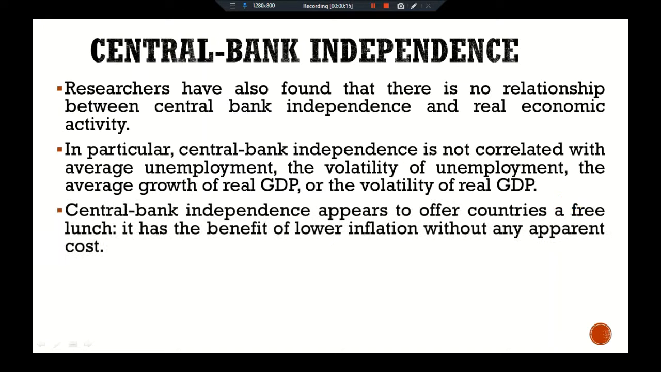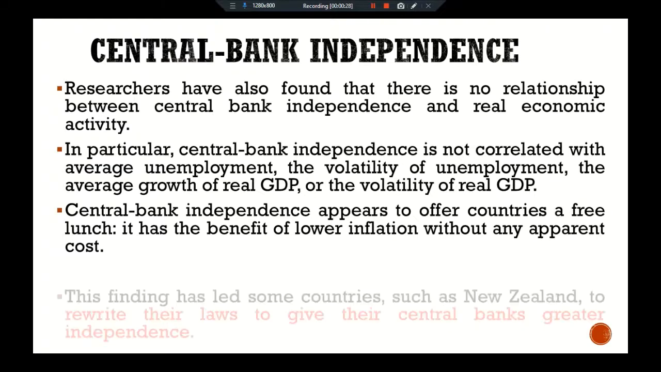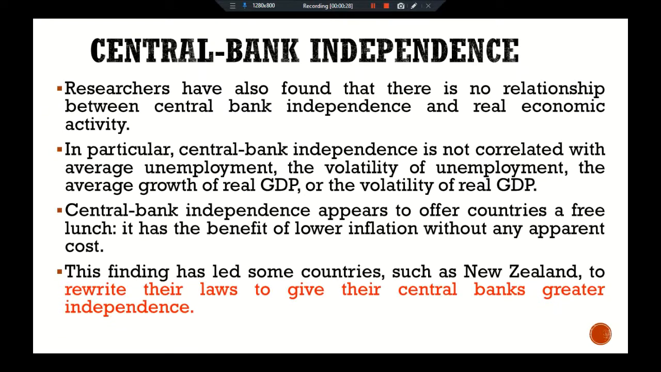Central bank independence appears to offer countries a free lunch. It has the benefit of lower inflation without any apparent cost. This finding has led some countries, such as New Zealand, to rewrite their laws to give their central banks greater independence. So this is all about the case study